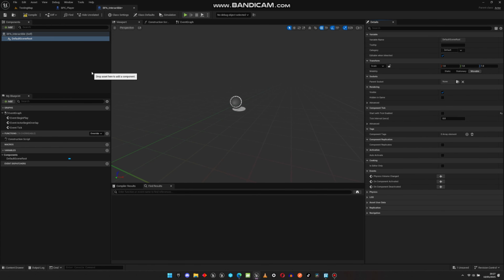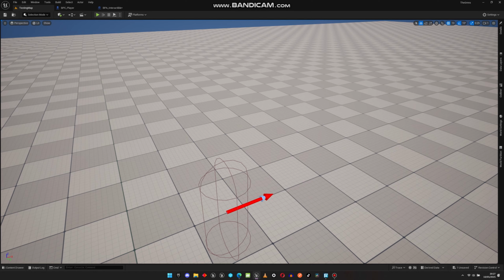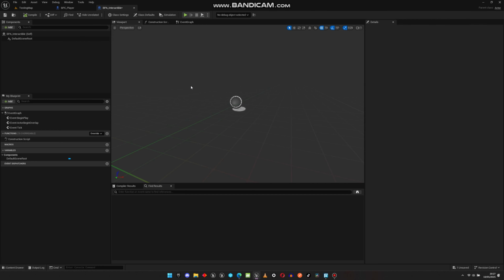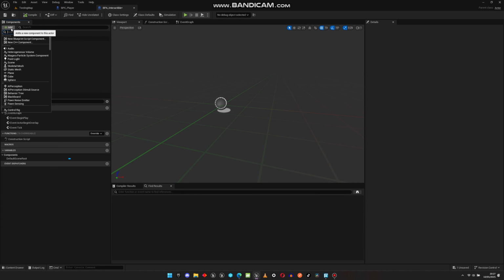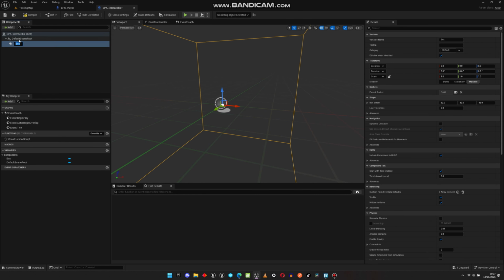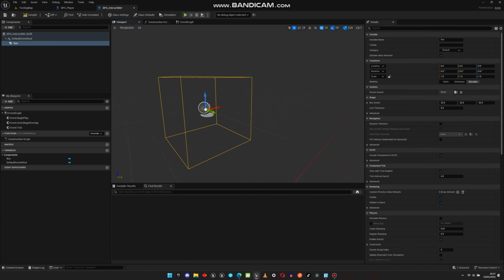And as described earlier, we want this actor to be able to activate or make itself available to the player once the player is close to it. There are different ways that you can do this, and my preferred one would be adding a collider in your actor. So we are going to add a box collision. It could be a sphere, it could be anything, but I like working with boxes. So box collision, move it a bit up,